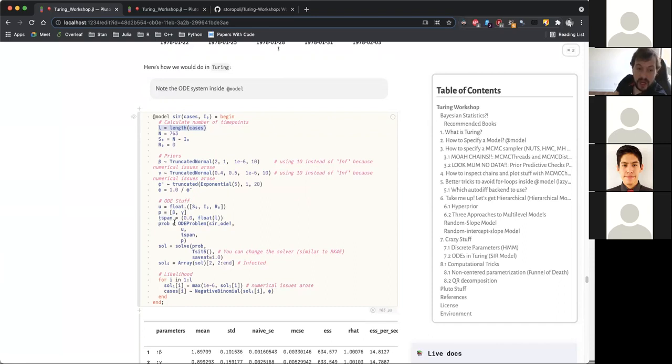And then I instantiate ODEProblem. This is the constructor. I pass in an ODE system, I pass in the u, that's my compartments, I pass in a time span and the vector of parameters, and then I call solve on my problem. We are using Tsit5, the Tsitouras 5th, 4th order